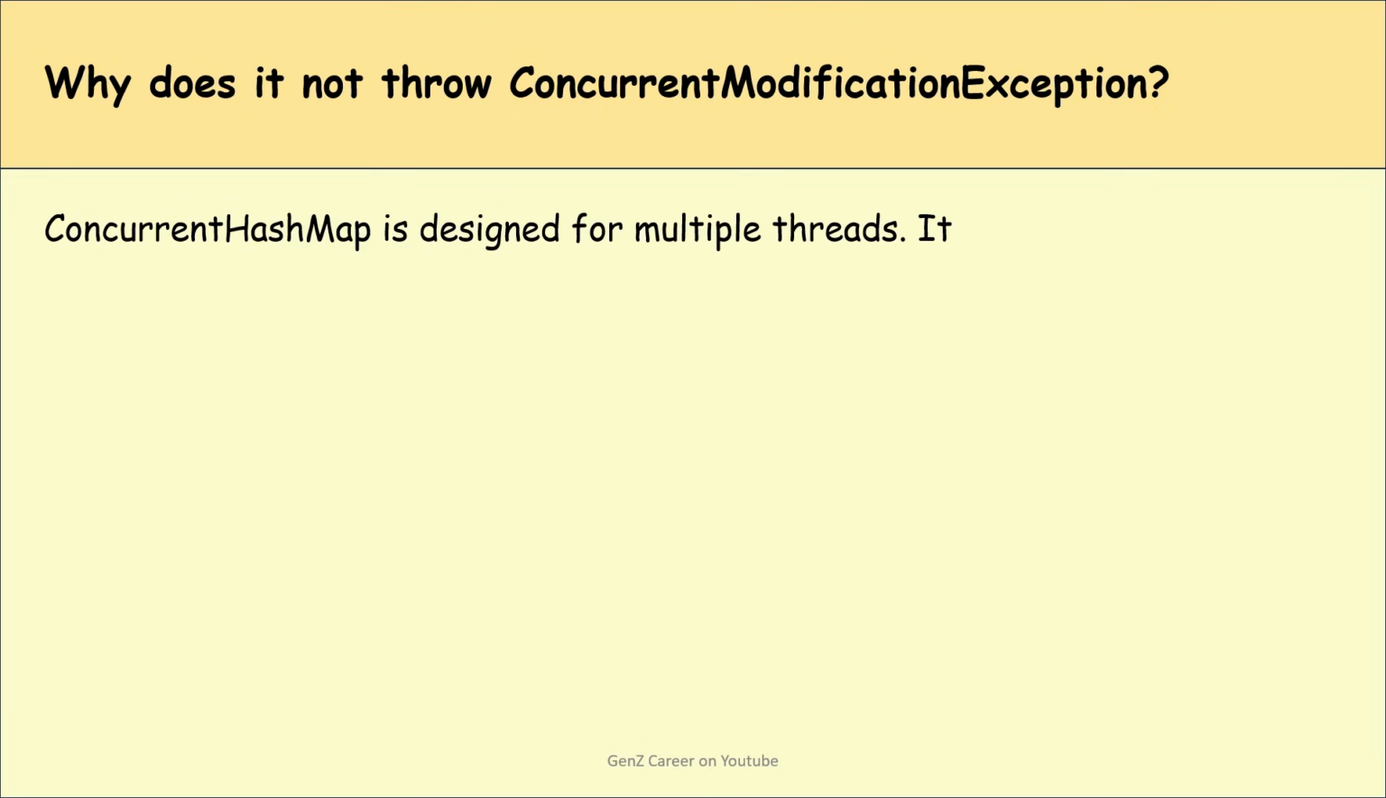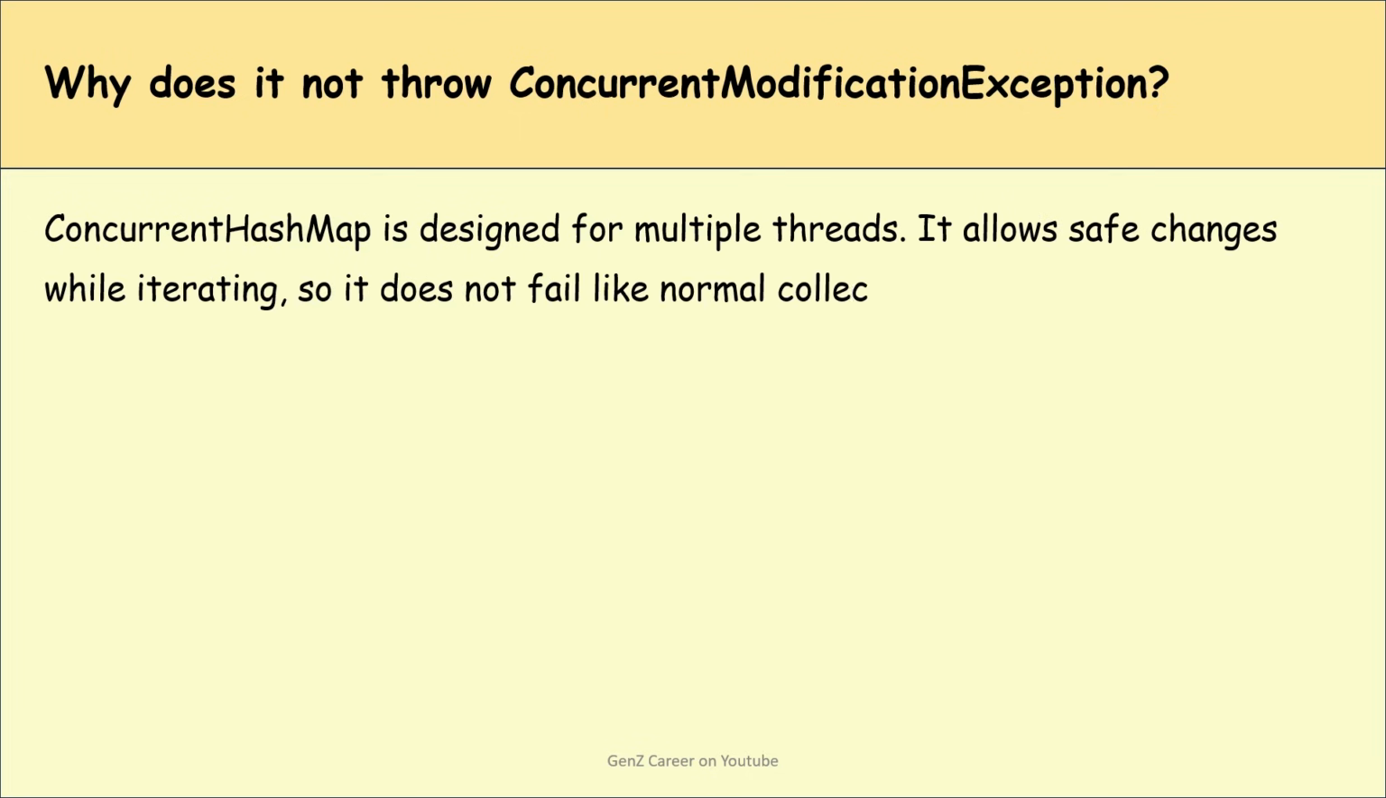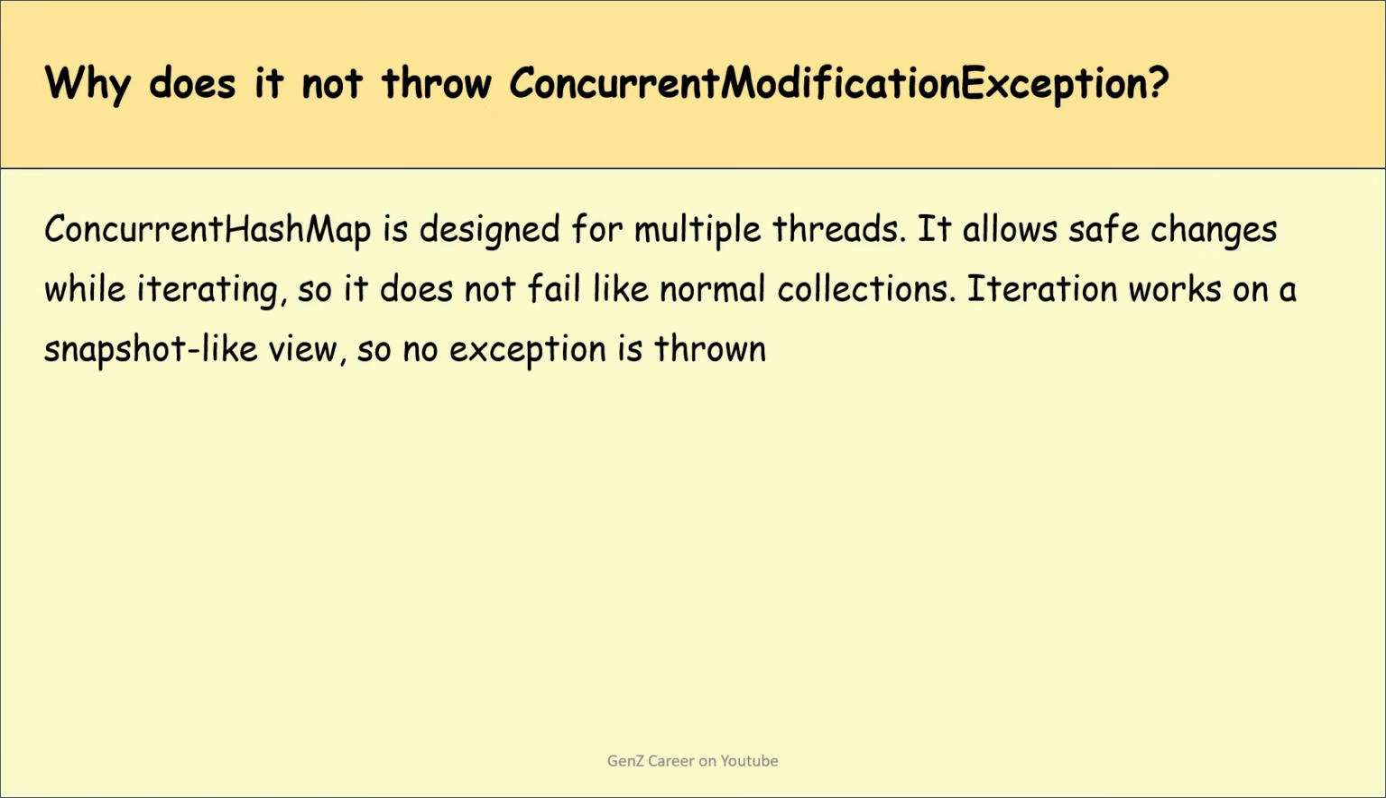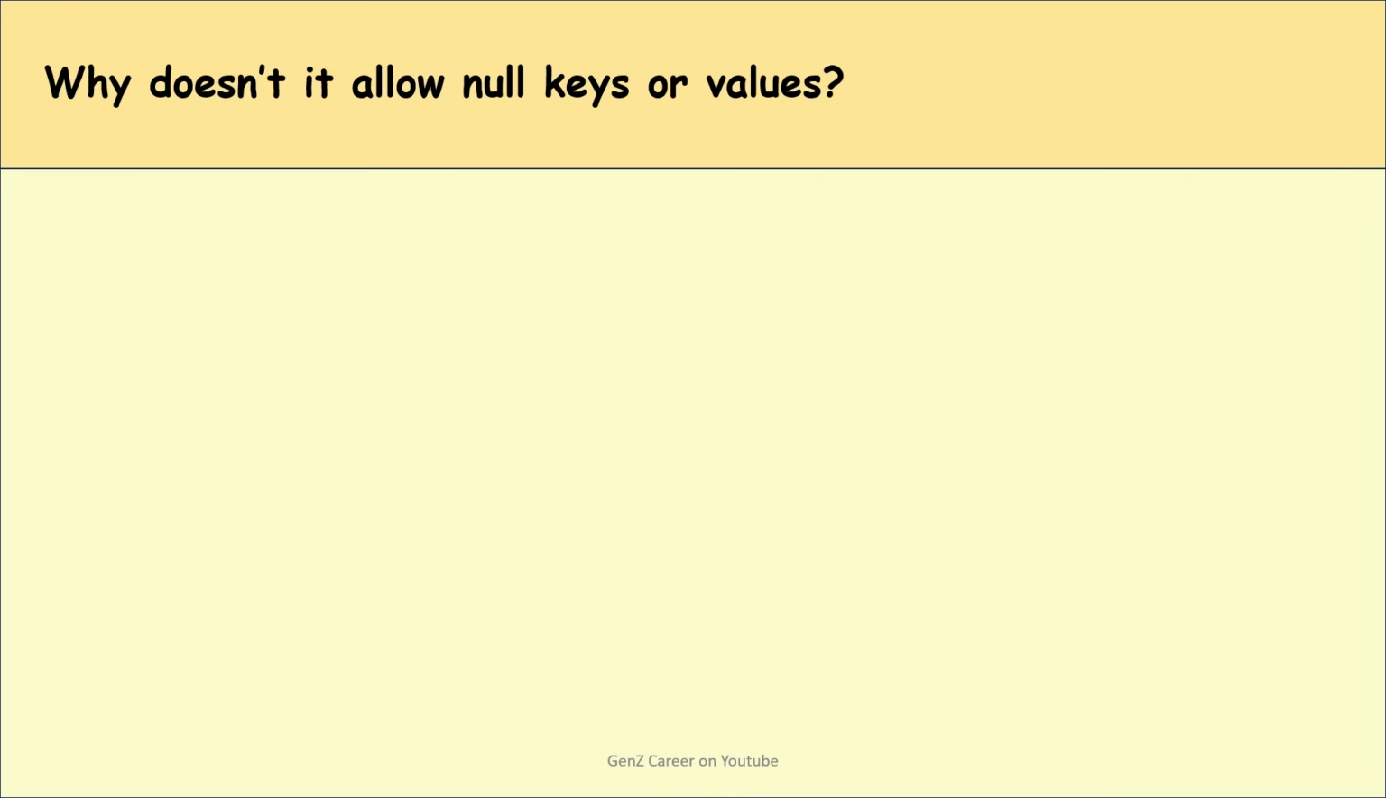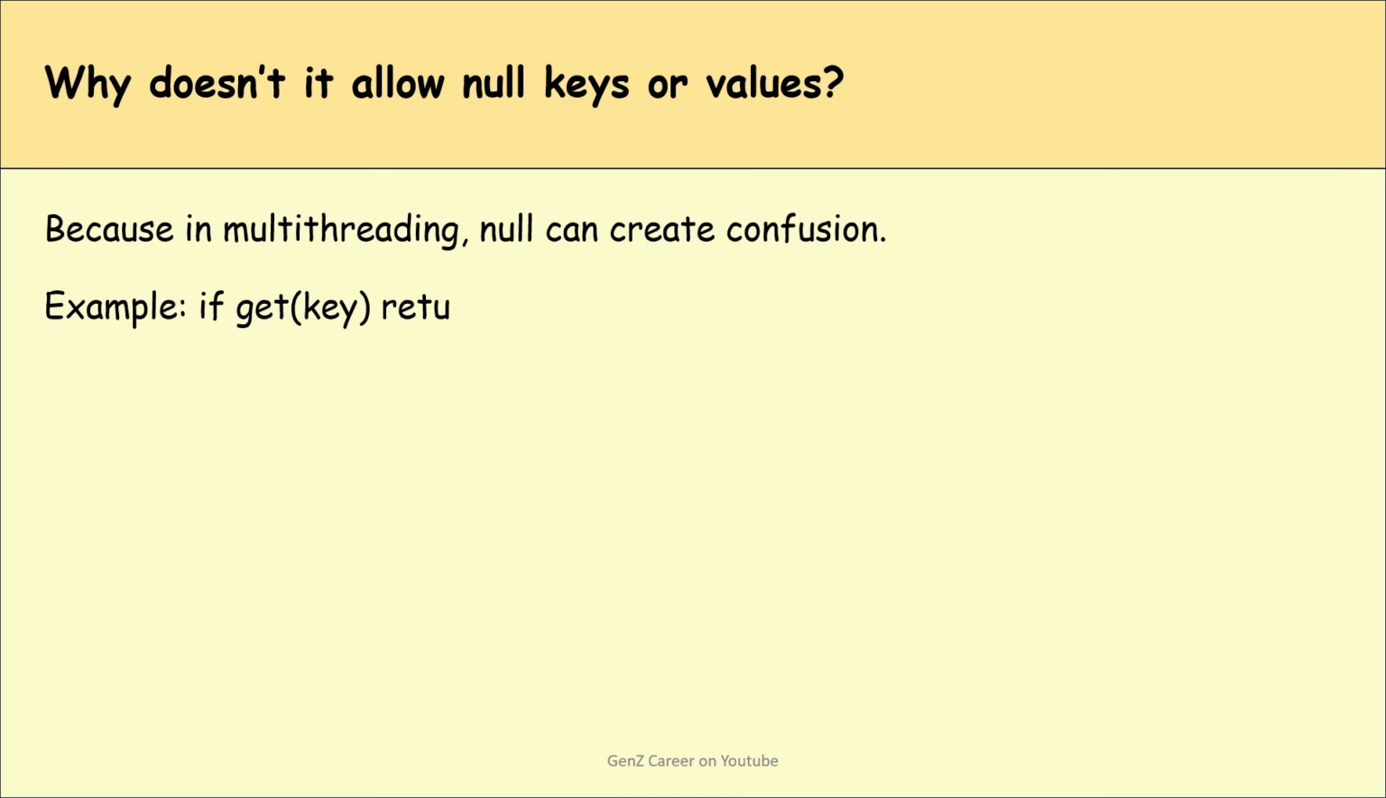It allows safe changes while iterating, so it does not fail like normal collections. Iteration works on a snapshot-like view, so no exception is thrown. Next question is, why doesn't it allow null values or keys? Because in multi-threading, nulls can create confusion. For example, if get(key) returns null, we won't know if the key is not present or the value is actually null, so